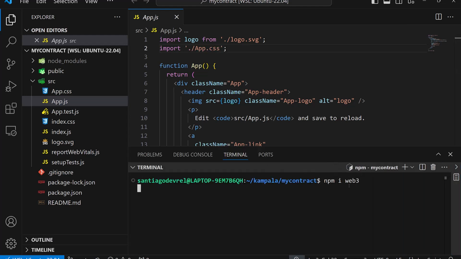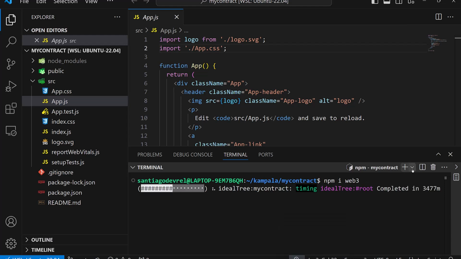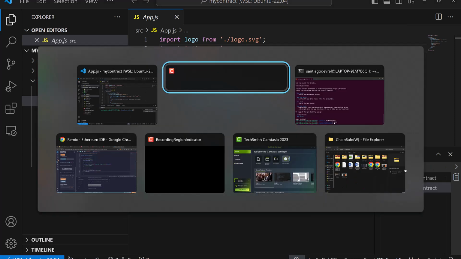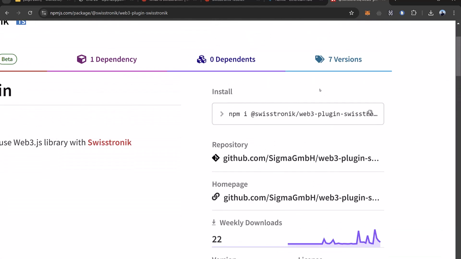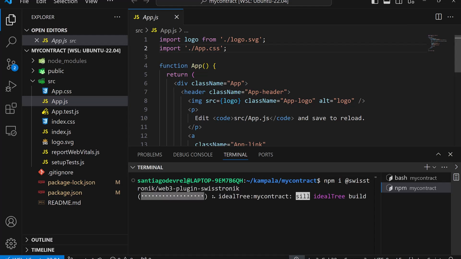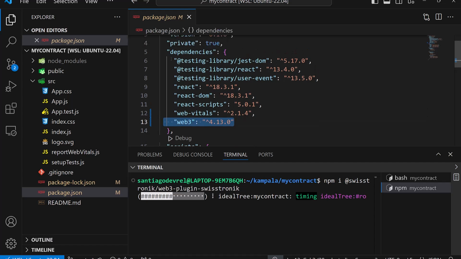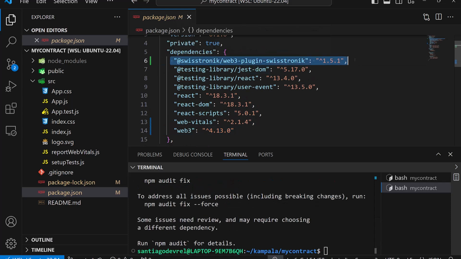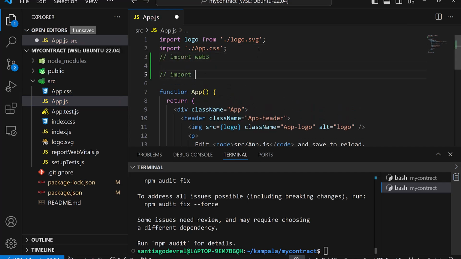npm install web3. Then after that we need to install the Swisstronic plugin. So Swisstronic plugin is here. This one. And then we can see in our package.json web3 is already here, and Swisstronic will show up here. Okay, so just install the Swisstronic and web3, then import web3, import Swisstronic plugin,